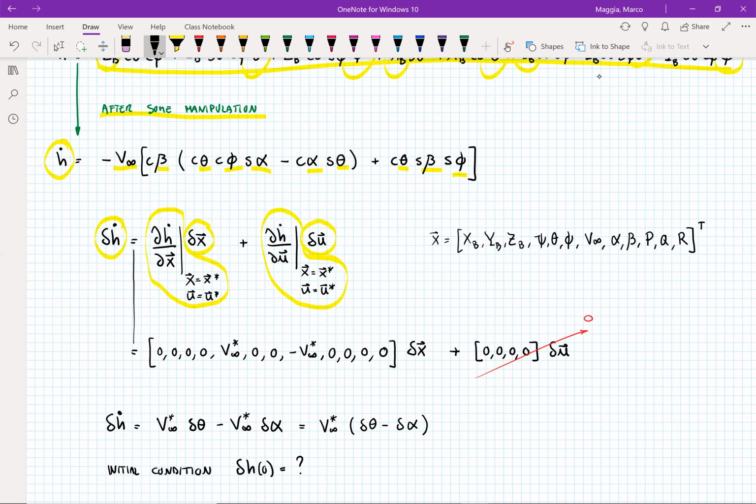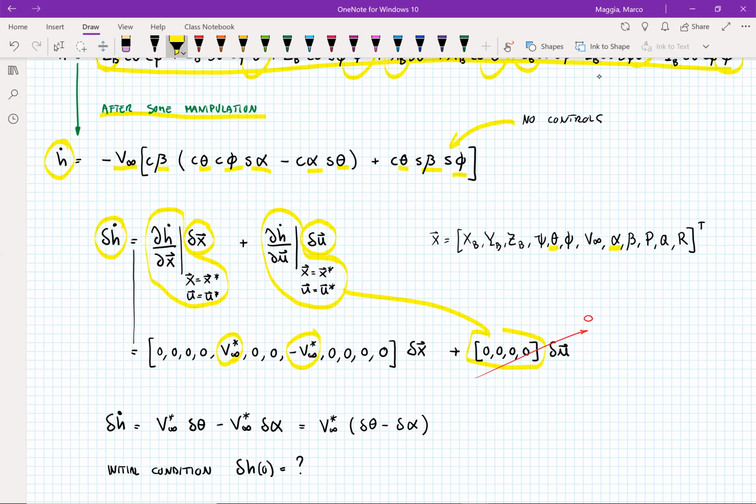the gradient with respect to the state is going to be a bunch of zeros, and the only non-zero components are the ones corresponding to the fifth element. So 1, 2, 3, 4, 5, the pitch angle, and the eighth component, which is going to be the angle of attack. Then this other gradient is simply 0 because H does not contain any control. So of course, the derivative with respect to the control vector is going to be 0. So in the end, we're going to have that delta H dot,